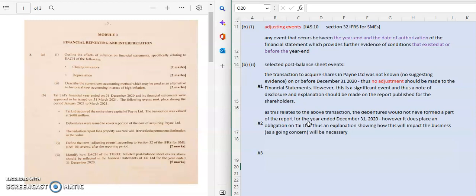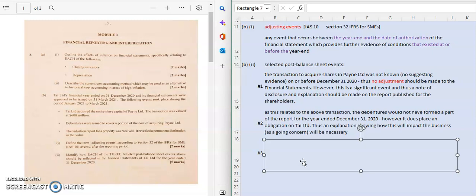And again, the explanation should be given as to how this will impact the business, especially as a going concern, since there will be this debt obligation, as I said, attached to it. All right. Well, the last one says, well, the